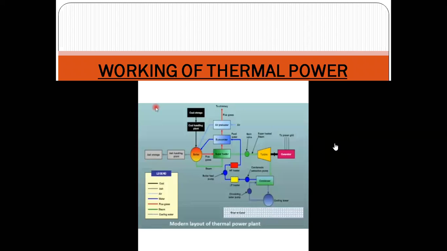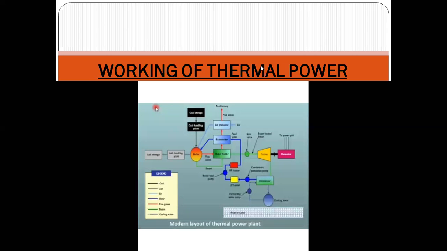I think you can watch this video and get an idea of how the coal can be ignited in a boiler, and also in the boiler there is some water present, and that water is converted into steam. After that this high pressure steam strikes the steam turbine, and when the steam turbine starts rotating, since it is coupled with an alternator, the alternator starts producing electricity. After striking the turbine, the pressure is reduced, and this low pressure steam is then condensed with the help of a condenser.